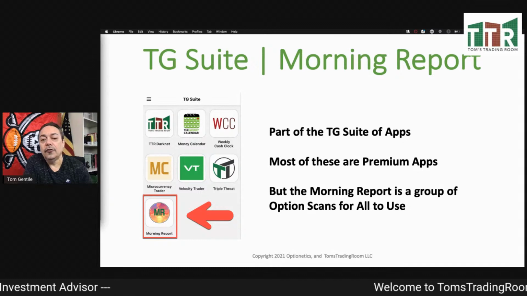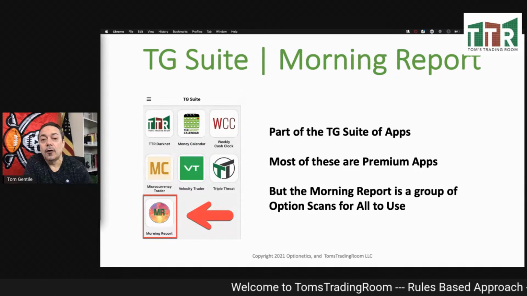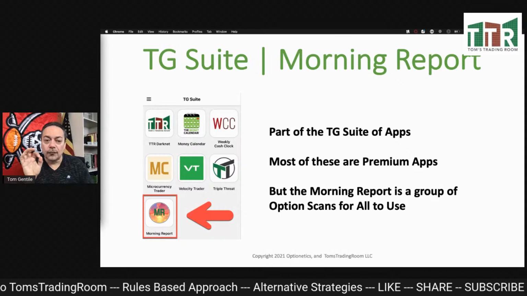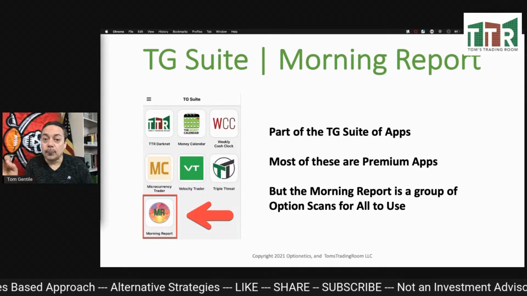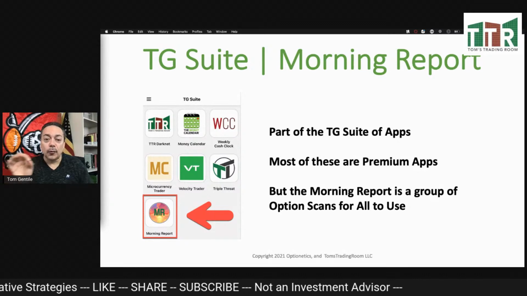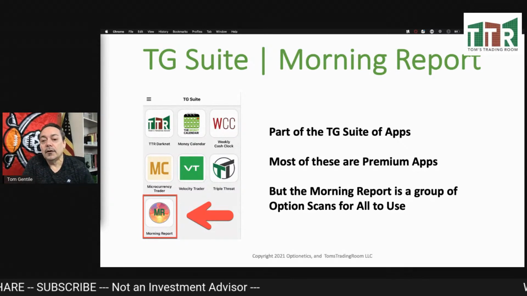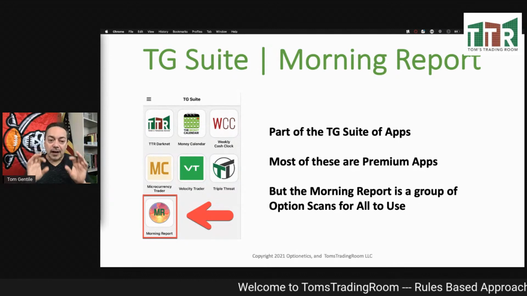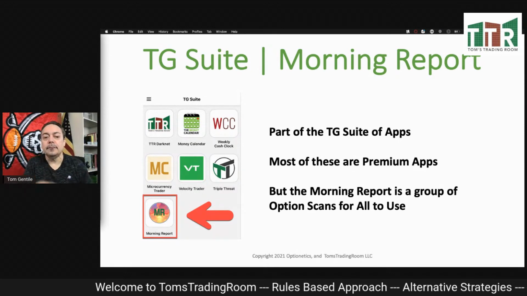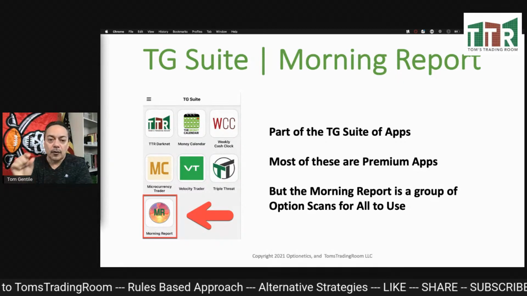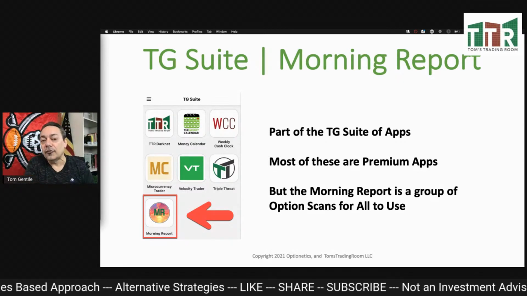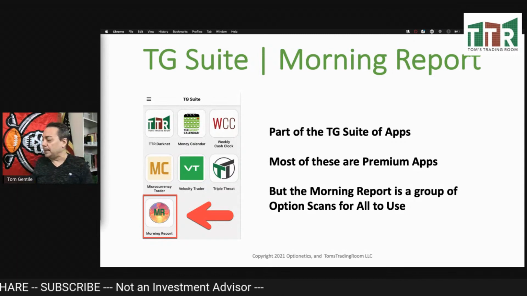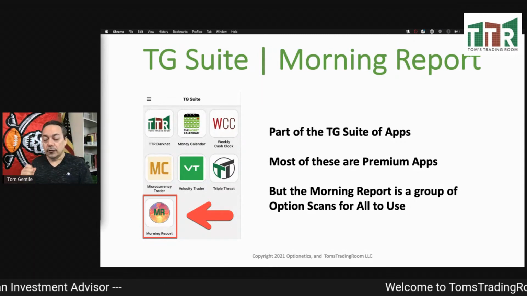If you want to follow along with me and use this every single day going forward, go out to the App Store, the Apple Store or the Google Store, and search for something called TG Suite. It's going to be renamed pretty soon to Tom's Option Tools, but look for TG Suite. When you download TG Suite, if you're a subscriber to our tools, great. Just use your username and password. If you're not, that's okay too. Below the login information, you'll see non-subscriber login. Enter your name and email address for information, and you will be granted access to the morning report. You'll see all this stuff on the suite, but the morning report is the one that's going to work for you. You click on that morning report,